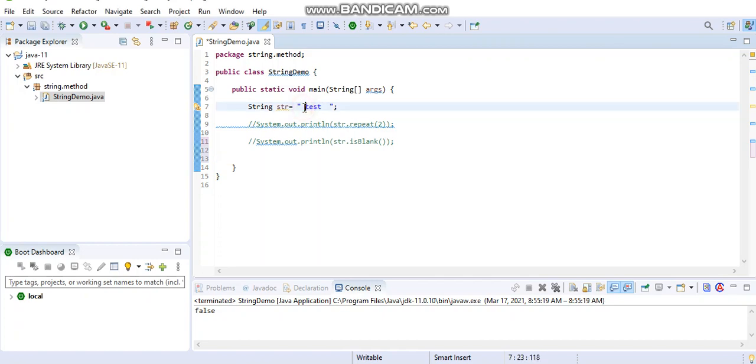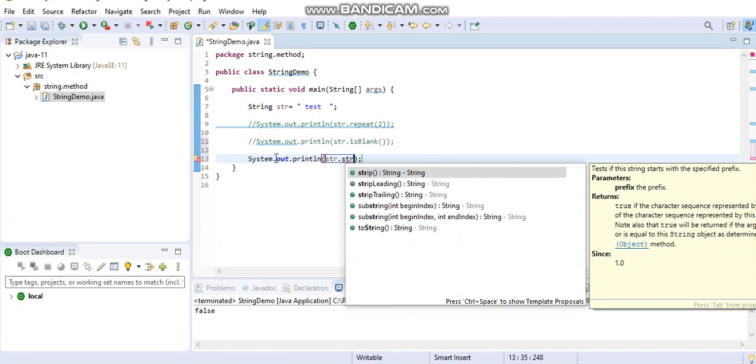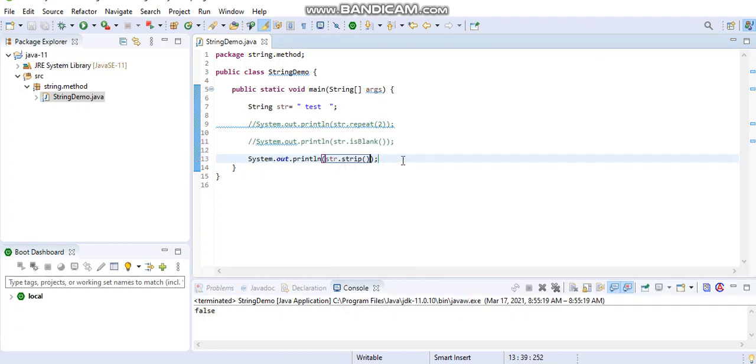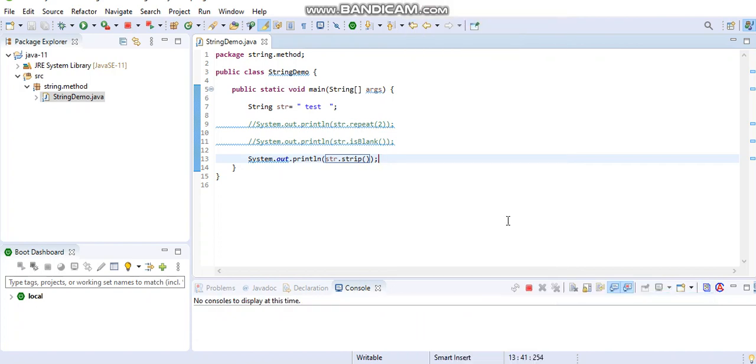You can see there is white space here and white space here, so it will remove them. So in place of trim, Java 11 added the strip method, and it will remove the white space. Now we will check the console output.